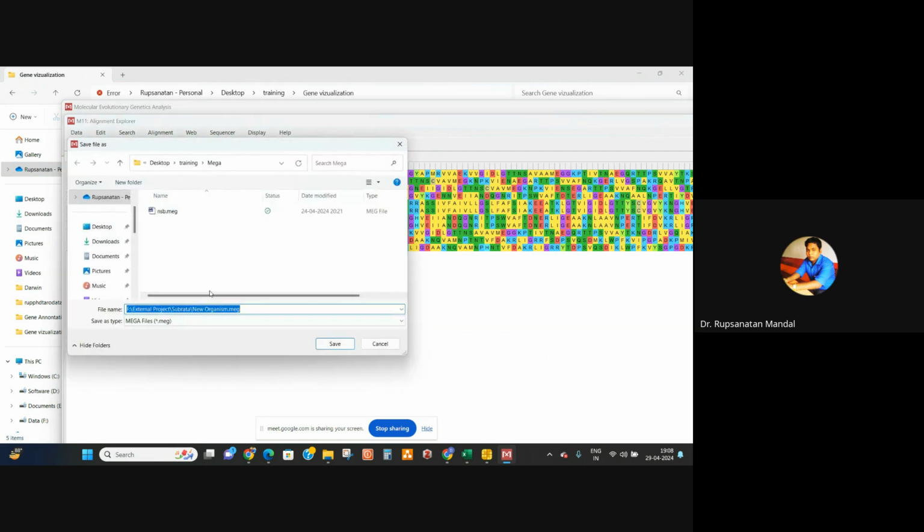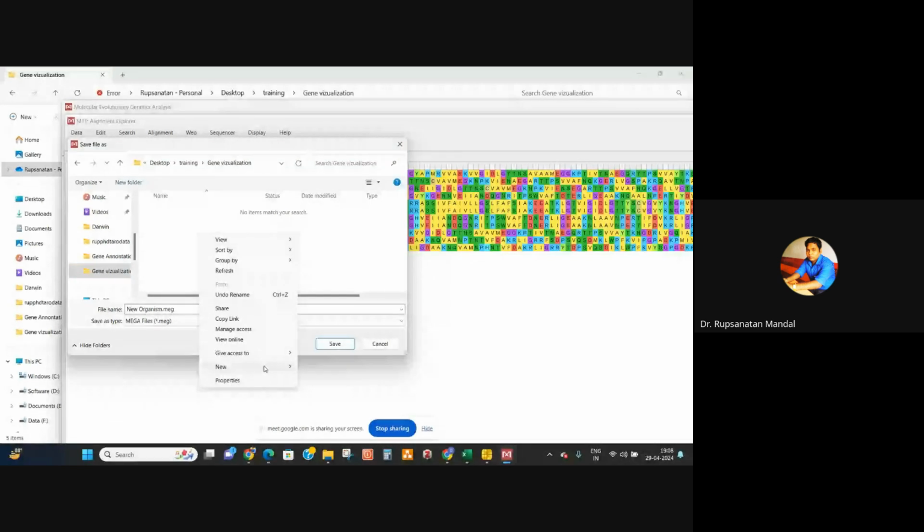Okay, now you need to save this, so export the alignment as a MEGA format. Okay, so your destination file, that is the gene visualization, change folder, right here MEGA,